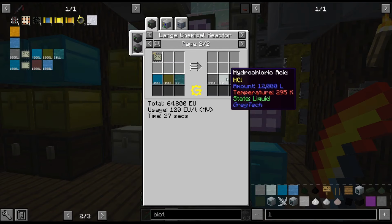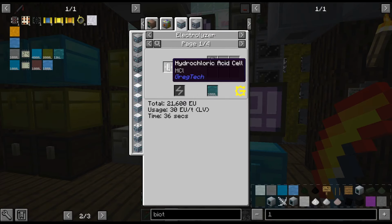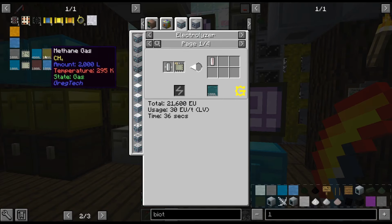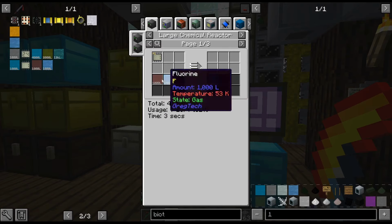So we do get 12 buckets of chlorine or hydrochloric acid, and then if I electrolyze that, we get the 12 chlorine back. Then we need 4 hydrofluoric acid, which is 1. All right, so it looks like we